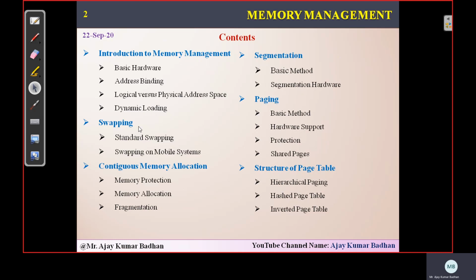So this is your first half content that has been displayed here. We already discussed the introduction to memory management, the basic information about the things required for this memory management concept. Then we discussed swapping, how internally the system swaps two different processes, and what we need to do when swapping, like loading the page information and PCB, and how we are loading and unloading it. So that information we have seen.